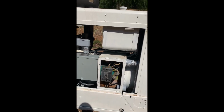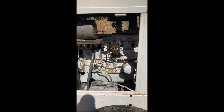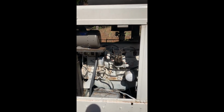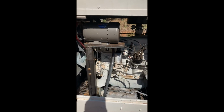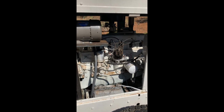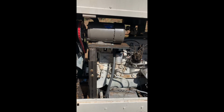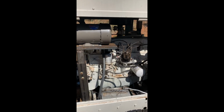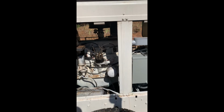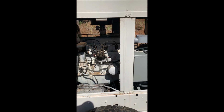And lastly, I had to address the fuel filters. There was an add-on fuel filter that somebody had put on, which actually turns out was probably a really good idea because the gas tank had muddy colored gas in it. Not a lot, but a little. Even when diluted with multiple gallons of fresh gasoline and gasoline additives, it's still probably going to be several tanks before it's cleaned. So I'll need to change the external filter and keep replacing it until the gasoline is clean